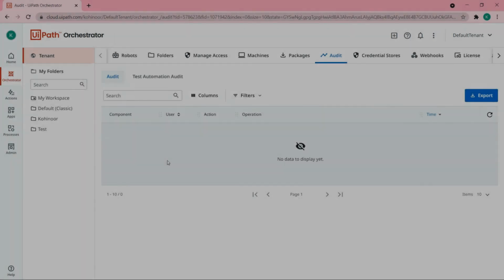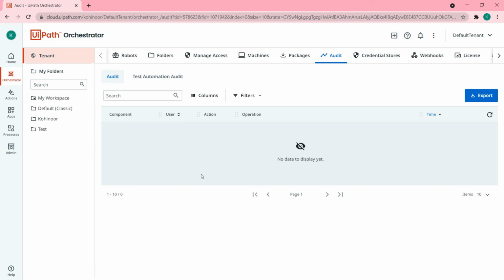Okay, the next feature that has been added in this release is recording for all Orchestrator deployments. UiPath has enabled the media recording feature by default for all Orchestrator deployments. You can still disable the feature using the corresponding setting in the configuration file. This option needs to be switched on at the process level. So this is one of the good features that UiPath has implemented in this release.